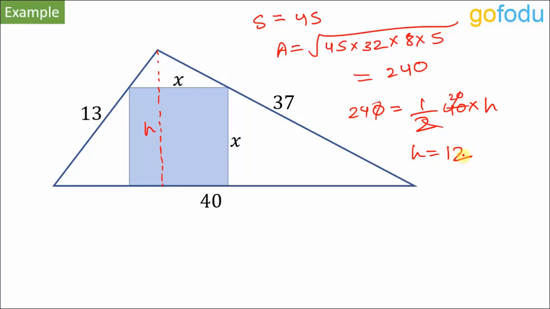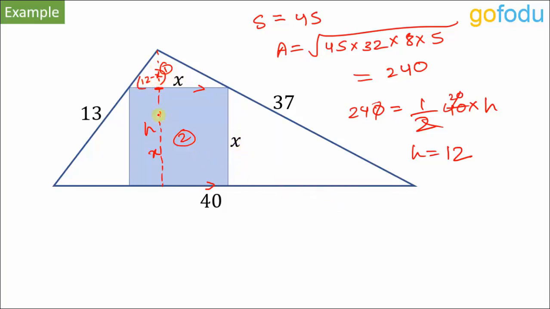Now what? A triangle with a line parallel to its base form a similar triangle. Here we have that this line is parallel to this side, this base. So we have two similar triangles here. This smaller triangle is similar to this overall triangle, right? And corresponding altitudes of similar triangles are proportional to corresponding sides. Now we have altitude of this bigger triangle, altitude of this smaller triangle. If this side is given as x, then altitude of this smaller triangle will be h minus x, that is 12 minus x.